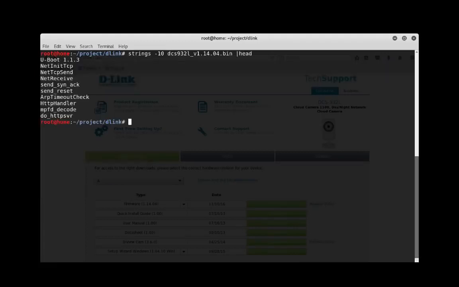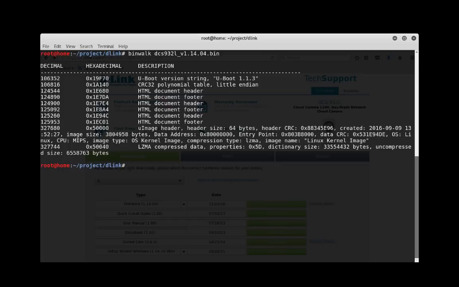We ran strings against the binary, so we could check out the printable characters in the file. We saw some stuff, but we wanted to be a bit more organized, so we ran binwalk against it, which parsed the whole thing out and created a table of contents for us. We then saw the U-boot loader, and since that's responsible for loading up the operating system, we knew we were on the right track. When we saw a LZMA compressed archive that looked like it might have what we wanted,